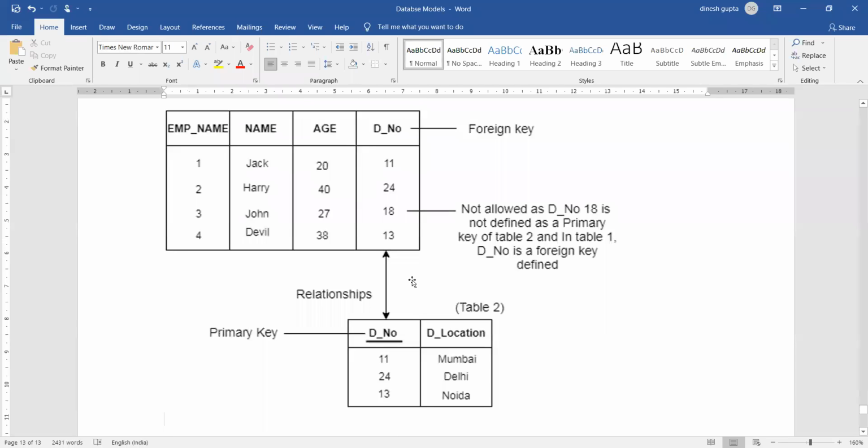इनटू द टेबल 2। अब यहां पर ध्यान से देखिए, हमारे पास दो टेबल्स अवेलेबल हैं। आई रिक्वेस्ट द अटेंशन ऑफ एवरीवन बिकॉज रेफरेंशियल इंटीग्रिटी इज वेरी इंपॉर्टेंट। अब ये है आपका टेबल 2, ठीक है। इसमें आपका प्राइमरी की क्या है, प्राइमरी की इज डी नंबर। तो डी नंबर ना तो आपका नल हो सकता है, ना ही आपका डुप्लीकेट हो सकता है, तो वो एंश्योर्ड है। अब ये है आपका सेकंड टेबल जिसमें डी नंबर इज द फॉरेन की, ठीक है। अब ध्यान से देखिए आपने कि जब मैं डी नंबर की एंट्री कर रहा हूं तो मैंने एक 18 नंबर की एंट्री की है।